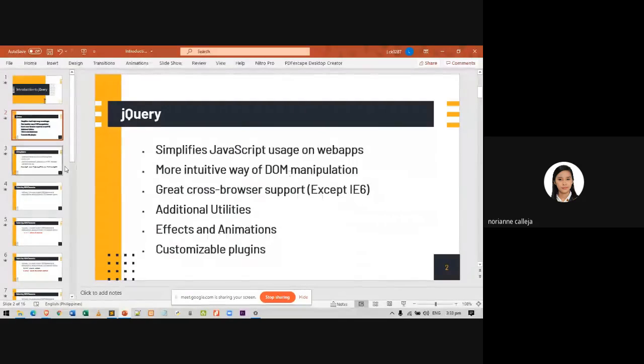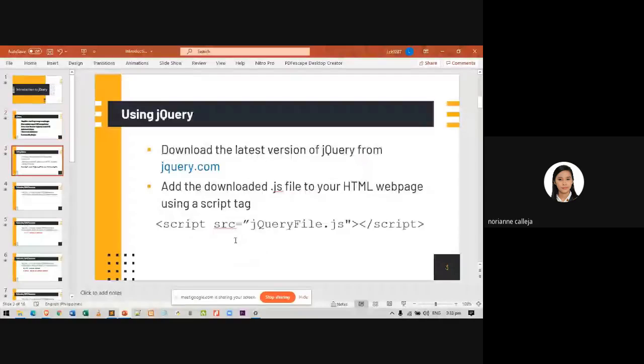So what is this jQuery? How are we going to use this? jQuery is still a JavaScript file, but it contains features for the usage of JavaScript programming.